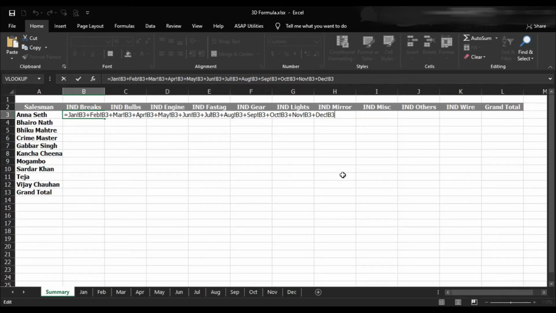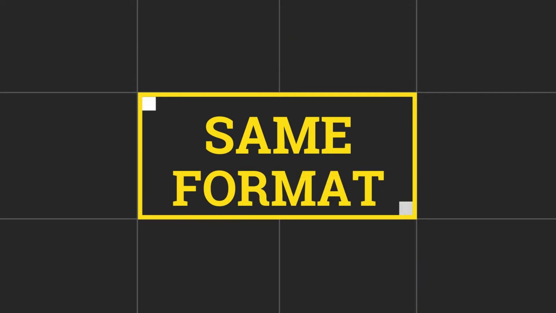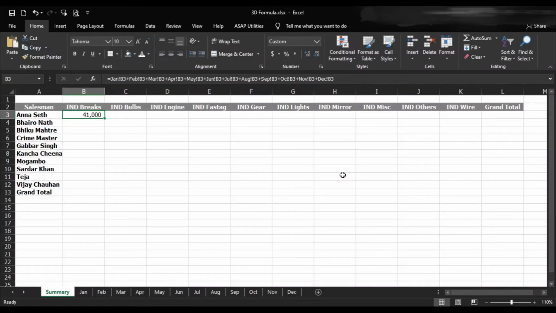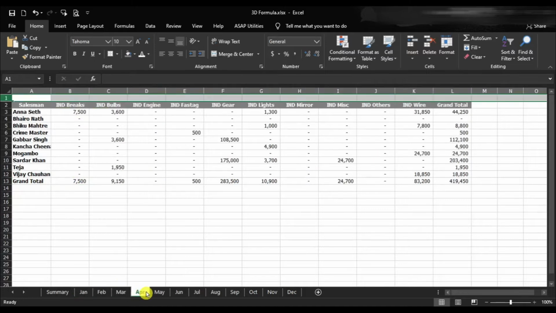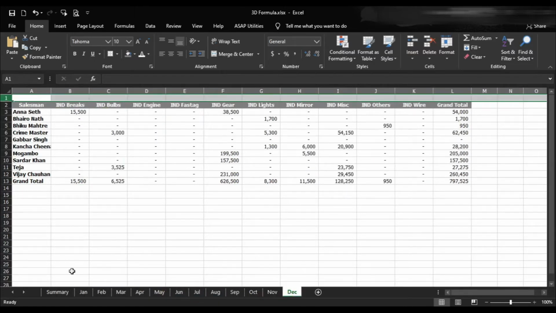So let's see how we can get the same result with a 3D formula. The prerequisite for this formula is that every worksheet you want to add should have the same format. Any change in the format will lead to wrong results. So in these worksheets you can see that all the formats across all the worksheets are